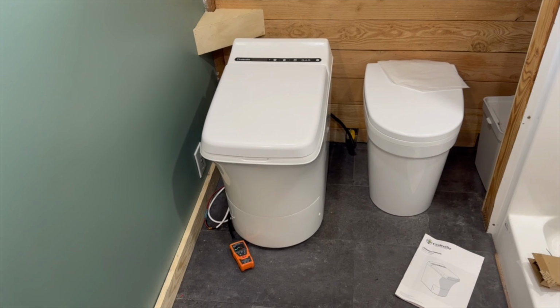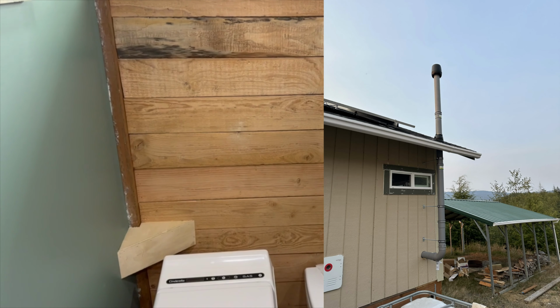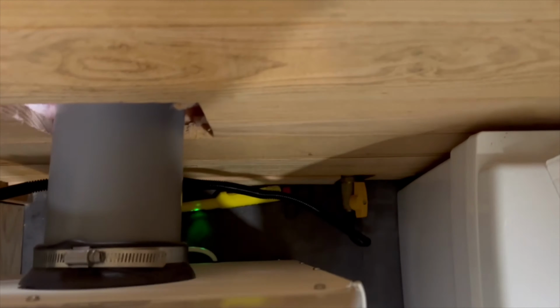Okay, we got the incinerator toilet all installed. The exhaust flue goes out the back behind the wall there outside. I'll show that to you, and it goes up through the roof and out the top. And I just got all the propane connections made and used my testers right here